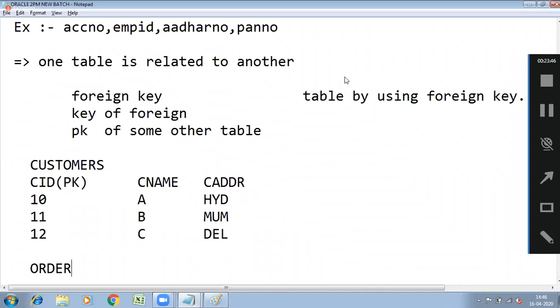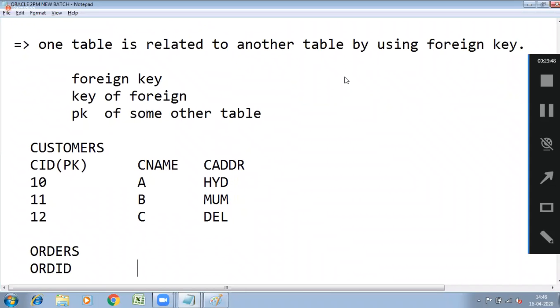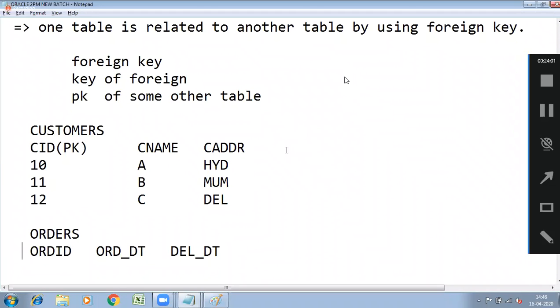There is one more table, the orders table: order ID, order date, delivery date, and customer ID. Customer ID is the foreign key.